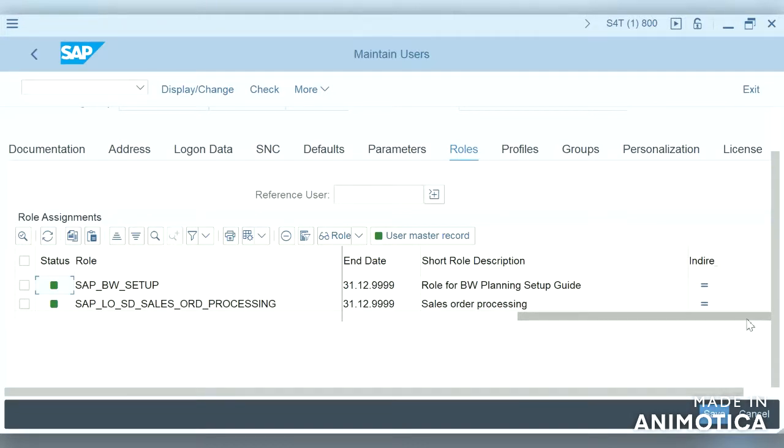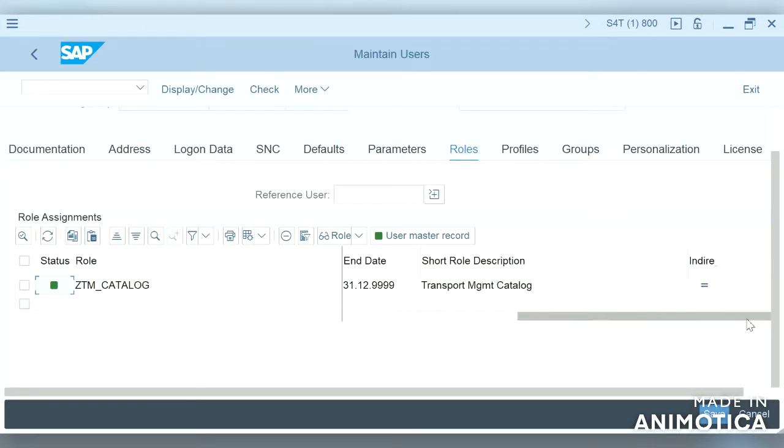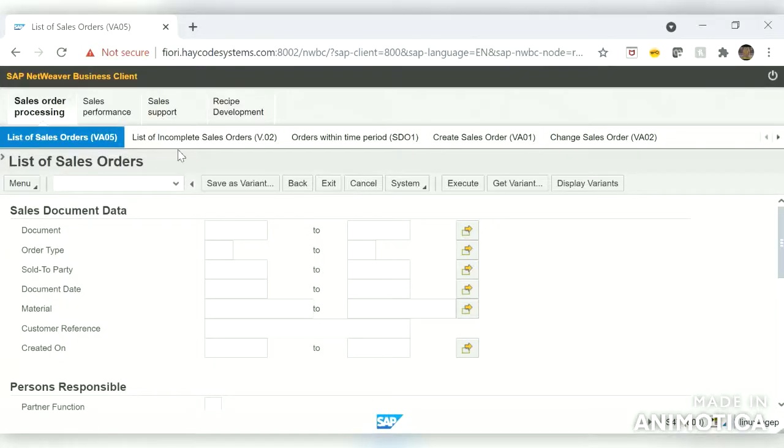We can see all the sales related roles assigned to our user ID. Because of that reason, we are seeing all sales tabs